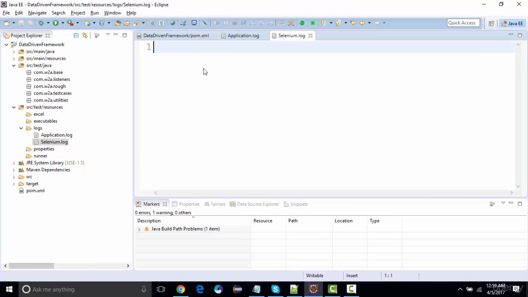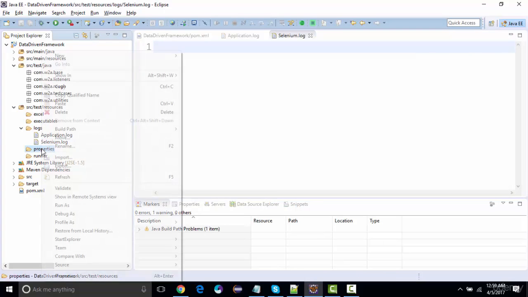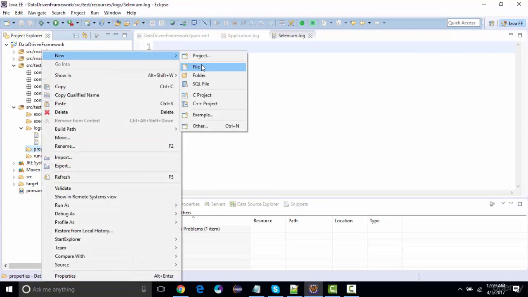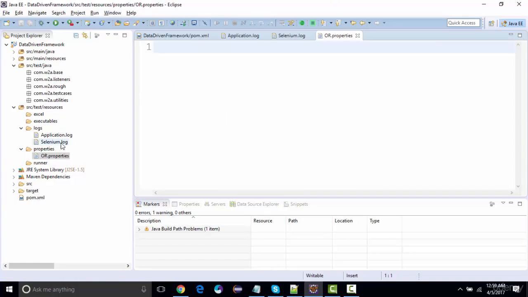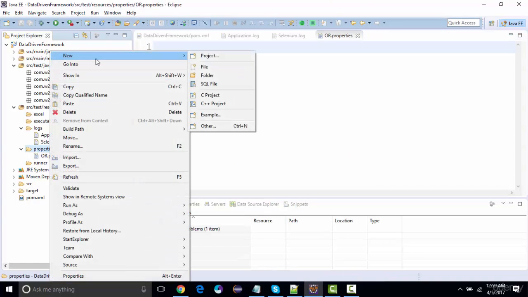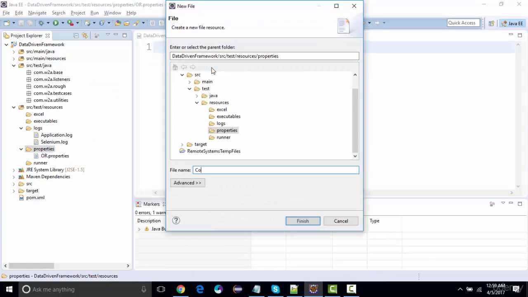So one will be the user defined logs and one will be the automated logs. The user defined logs will come in application log, and selenium log will be your auto generated logs. Then we can add a couple of properties files over here where we'll be maintaining our locators. So this will act like an object repository. So I'll say or.properties, and I'm gonna create a file called